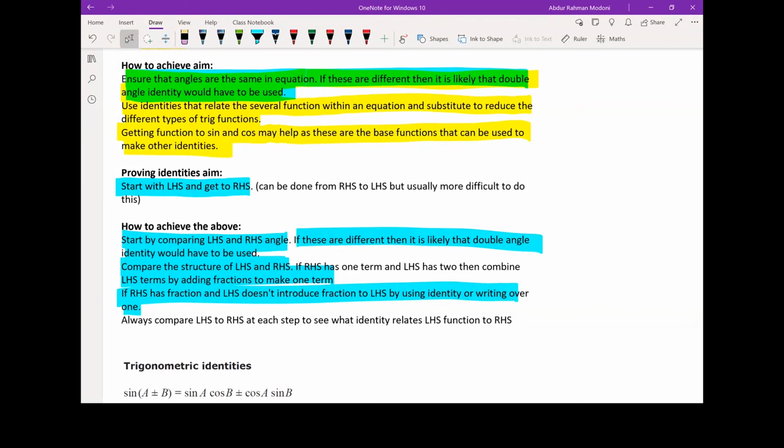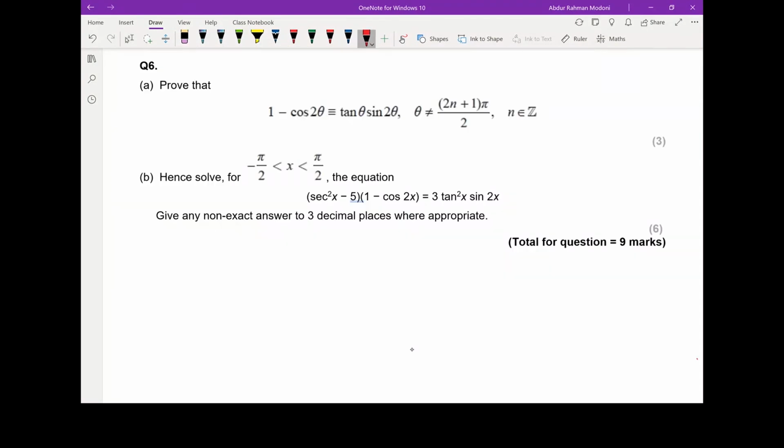Okay, you have to get on this journey and you have to apply these strategies that we've outlined here to tackle these questions, and that should take you to the end goal, what we're trying to get to. So let's go and take a look at the application of these. With my right hand side, I think that will help, because on the left hand side I've got a simpler function, on the right hand side I've got more going on, and it's easier to go from more to less. So I'm going to start off with the right hand side on this occasion,